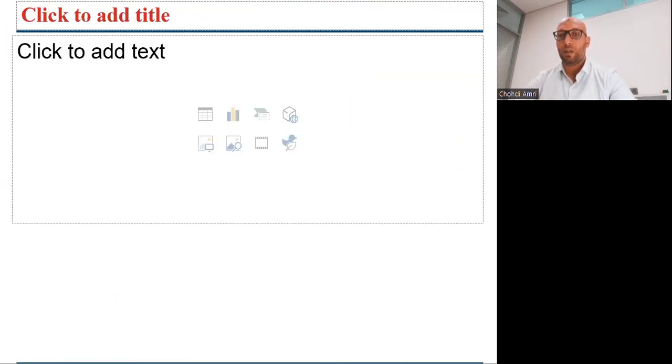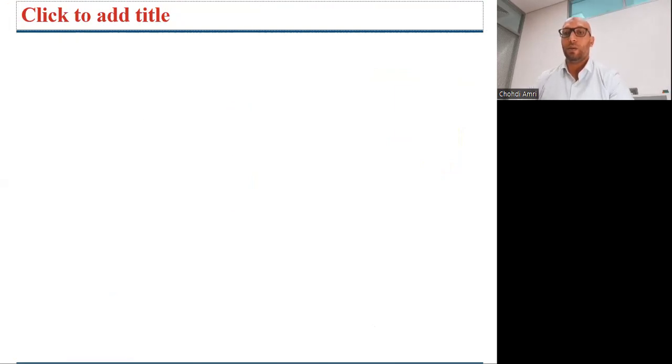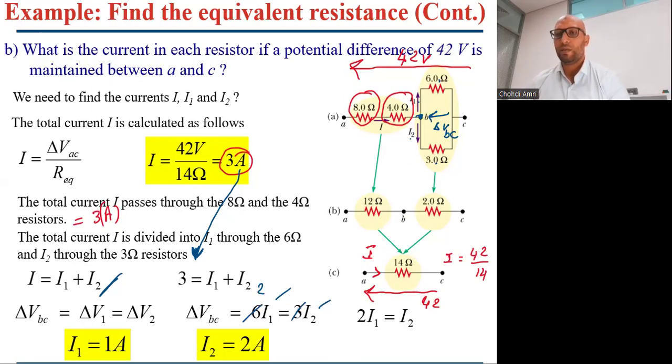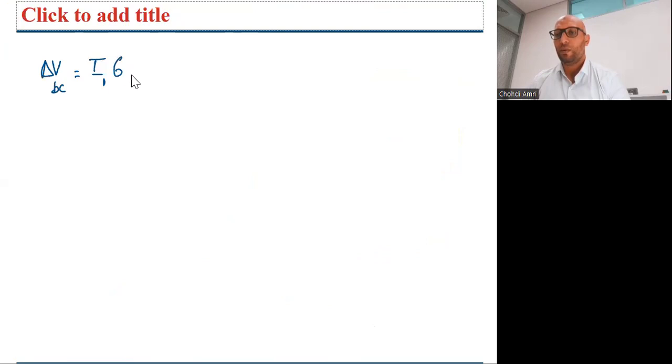We can write that. As you know, delta V between B and C is the same for the two resistors because they are connected in series. So it's going to be I1 multiplied by 6, from one hand. From the other hand, it will be I2 multiplied by 3. Here we can simplify by 3, and we're going to get the relationship to be 2I1